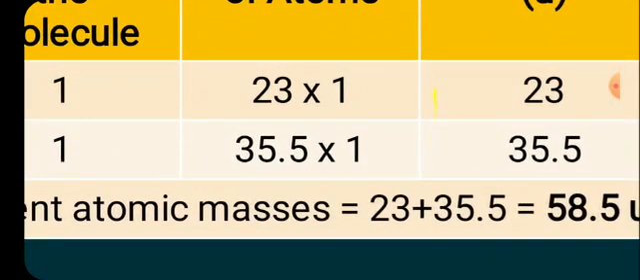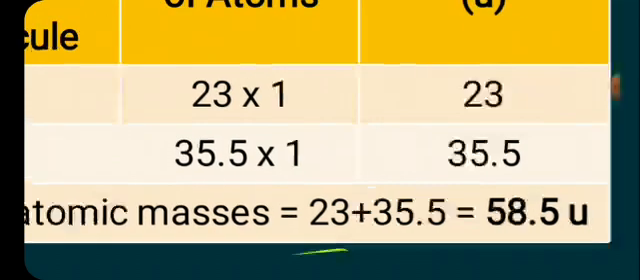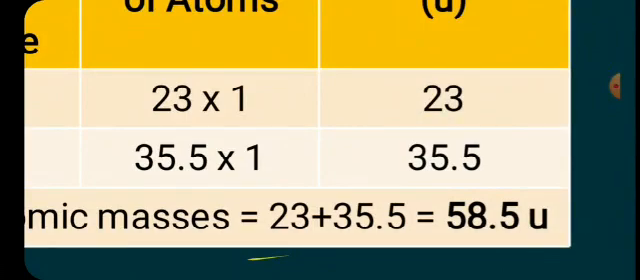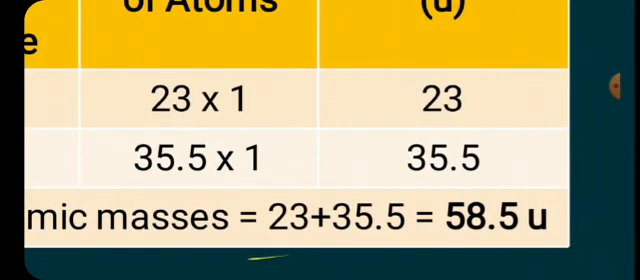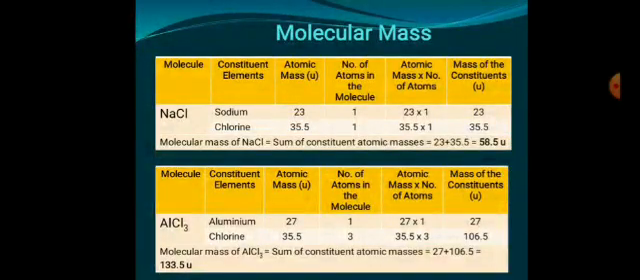Now these atomic masses we are going to add so as to get the molecular mass of sodium chloride. So 23 plus 35.5 is 58.5 Dalton or grams. So molecular mass of NaCl is equal to 58.5 Dalton. Second example,